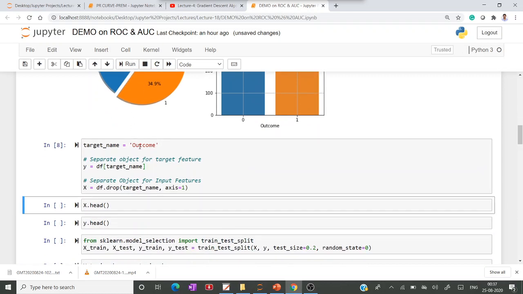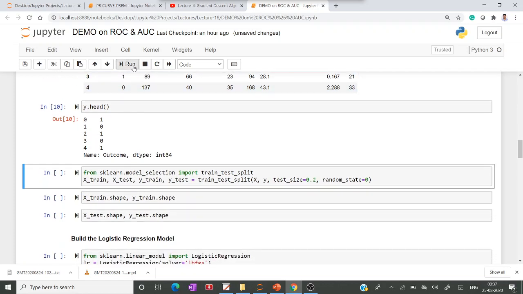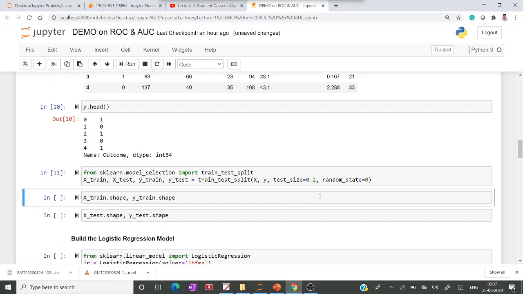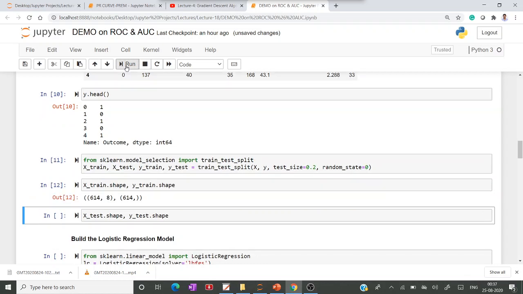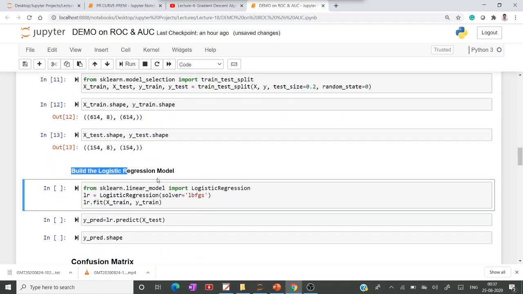I am dividing x and y and splitting my data 80 to 20%. Here I build one simple model, the logistic regression.